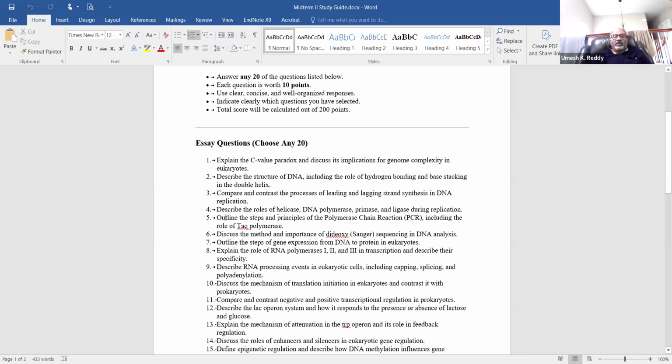In the 4th question, you are going to discuss what the helicase is. Helicase unzips the double helical structure. So DNA polymerase 3 is the one that initiates synthesis on the leading and lagging strand in the trombone model. And primase is the enzyme complex that adds primers. On the leading strand, it adds 1 primer. On the lagging strand, it adds different primers. And then once the Okazaki fragments are synthesized, ligase is the one that is going to attach all the Okazaki fragments. So pretty much the information is